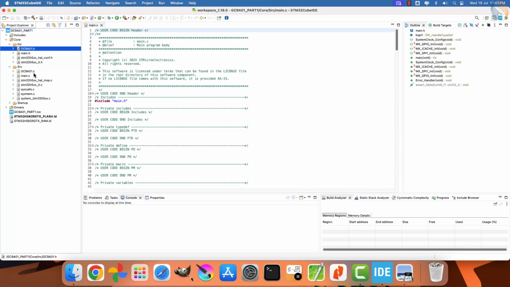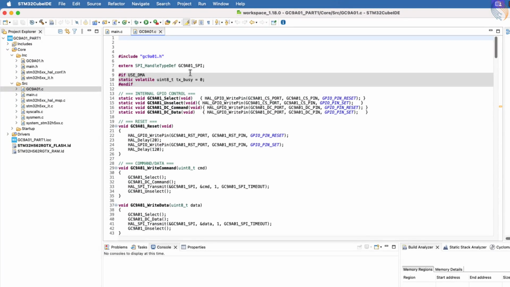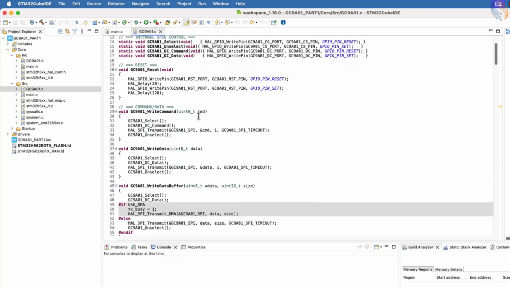It's worth noting that these library files are designed to work across any STM32 microcontroller. They are not restricted to this particular development board. That means you can use them in different STM32 projects with minimal adjustments. There is no need to make any modifications to the